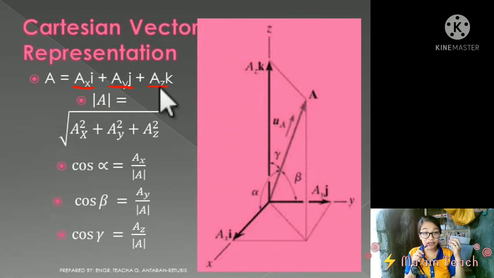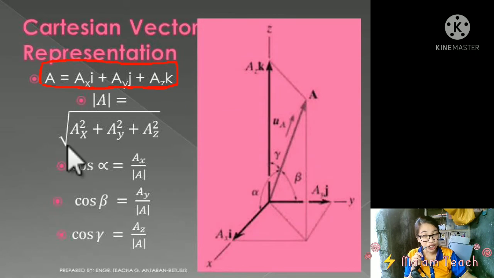Any vector. Now, if, for example, class, we are given a vector A, and it is already in this expression, that is the given. You are asked, what is the magnitude based from this given vector? So, how are we going to solve it? The same, class, we will be solving it using this formula, the square root of the sum of the squares